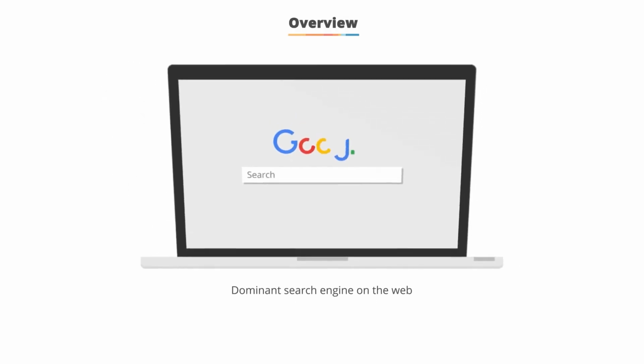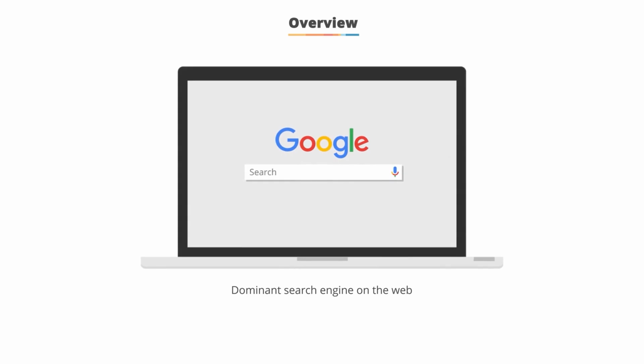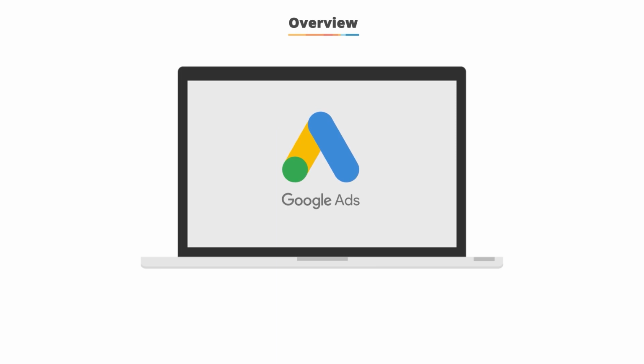Now, Google is the dominant search engine of the web. Customers turn to Google when they want to find information about products and services. That means people are actively seeking information, so you can show your ads to active searchers, or people looking for your products and services. You can use Google Ads, which is Google's advertising program. In this lesson, you'll learn how Google Ads connects your business with customers so that you can reach your marketing